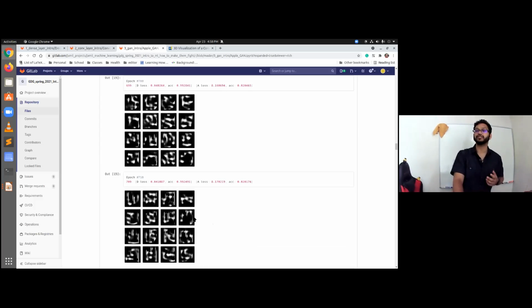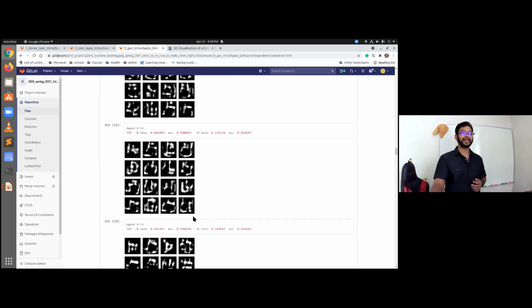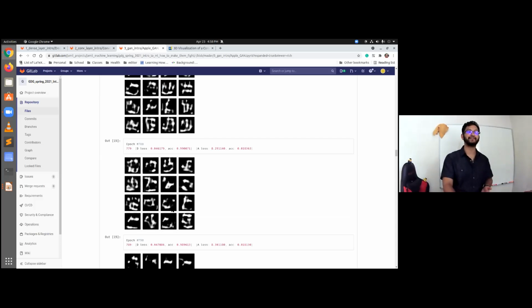The generator is going to try as many different permutations as possible to generate new images to decrease the accuracy of the discriminator. And now, see, this is doing pretty well. It's not 100% like an apple, but it's starting to take on that form.